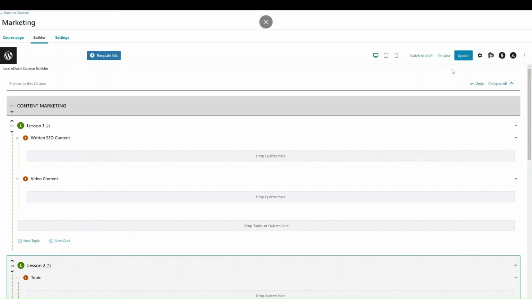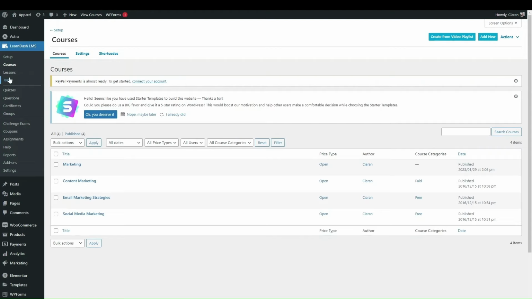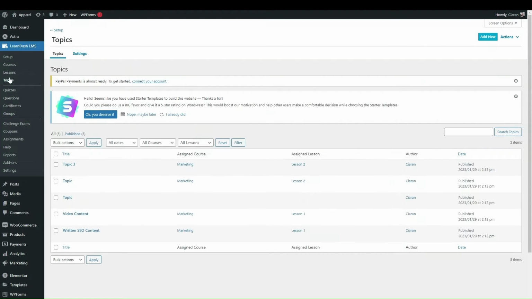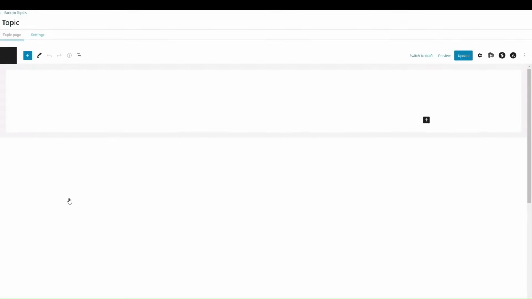The other way to add course topics, if you click update just to save what you've done, and then go back to courses and go into the topics dashboard. You can see these topics I've already written, and you can see they've all been assigned except for this one. So what we can do is click into the topic that we haven't assigned yet. Again, we can assign it in the course builder page, or we can assign it in the topic page. So again, simple, all you're going to do is go into settings,